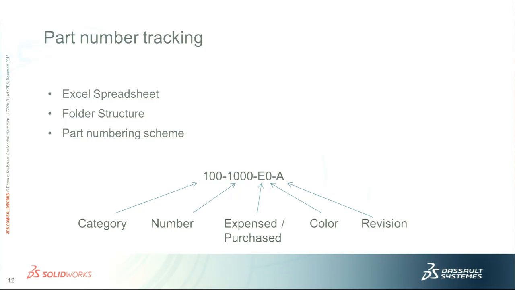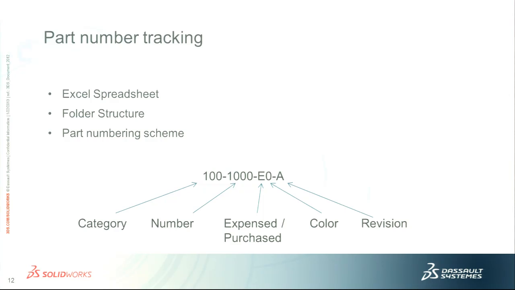Okay, so just to go over the part numbering scheme with you guys. The first one was the category, which I mentioned. Then the actual number, so which number in the list of the category it was. We also had an identifier for whether the part was expensed, because we were concerned with our MRP software. Anything that was less than $1, we didn't want to track it. So we put an E there to say don't track this in our system. We also had multiple colors of our product line, so red, blue, yellow, and we just put a single digit number there to